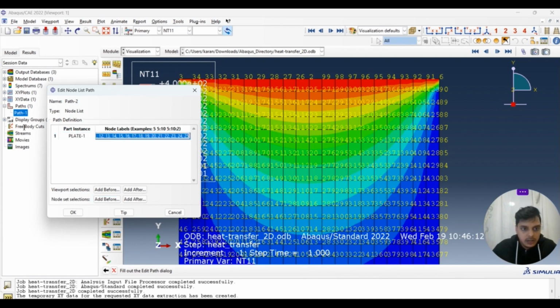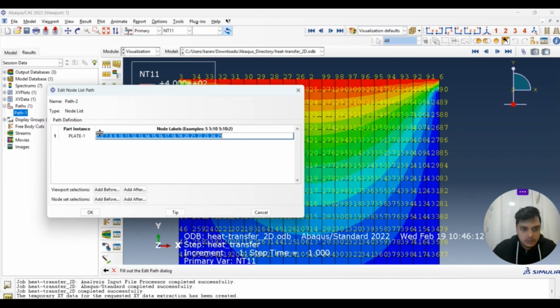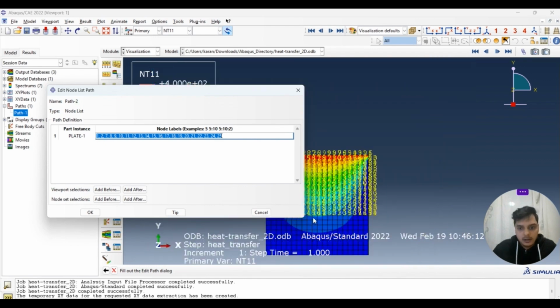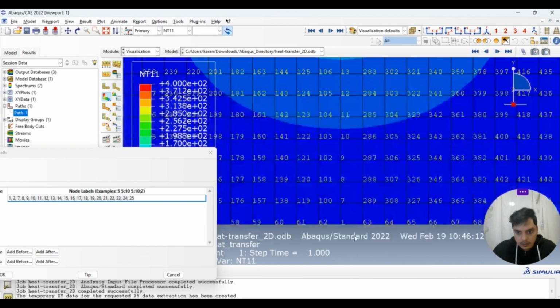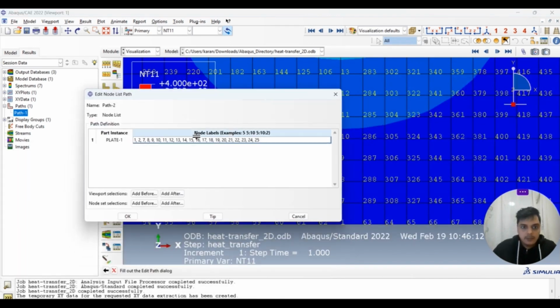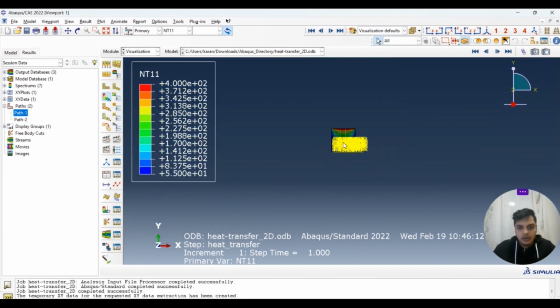So you can see here, just a minute, this 2 is a bit not arranged. 2 is coming at the top part, and if you see the below part, after 1 it is 7. So we have to arrange it a bit. We just simply make it 2 at the end, and that's how my path is defined.